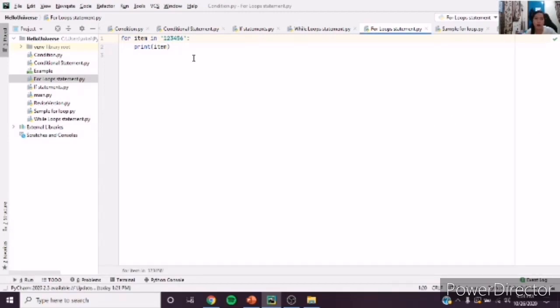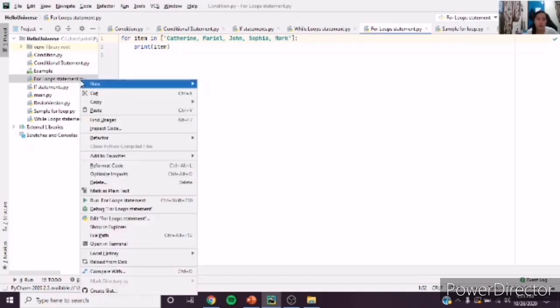And then if we try to have multiple characters, so we type our bracket, and then inside our bracket we type our string, and then we try to have characters in names. So Catherine, Maria, and then John, and then Sophia, and then Mark. So if we try to run this program,